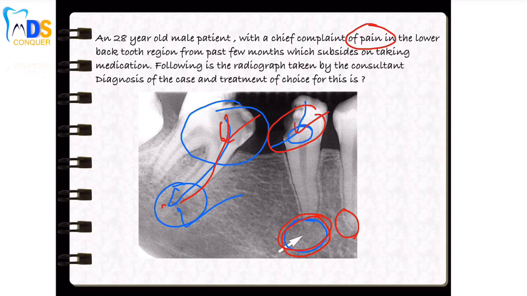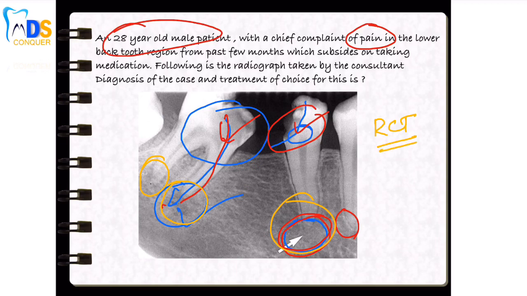So whenever you have a pulpal infection and the patient's age is high, the only treatment option available, because you need to just have a look over the periapical area. If you have a look over the periapical area, the periapical areas are well closed. They are closed apexes. So when you have a closed apex and a pulpal infection, the treatment plan is just a root canal treatment.